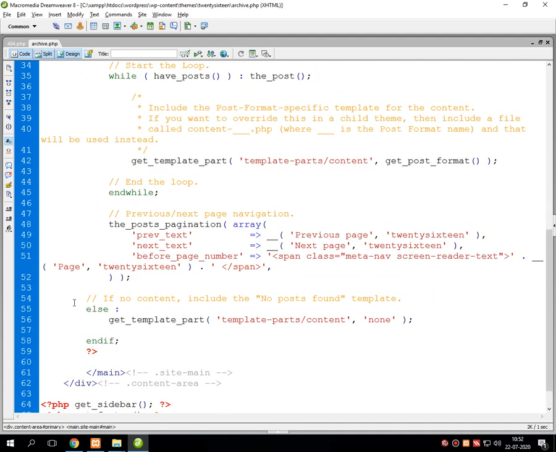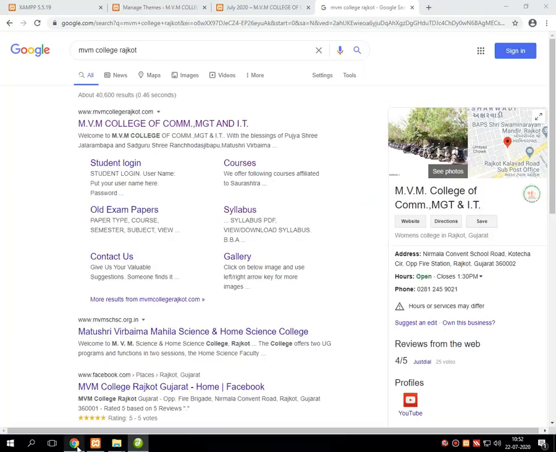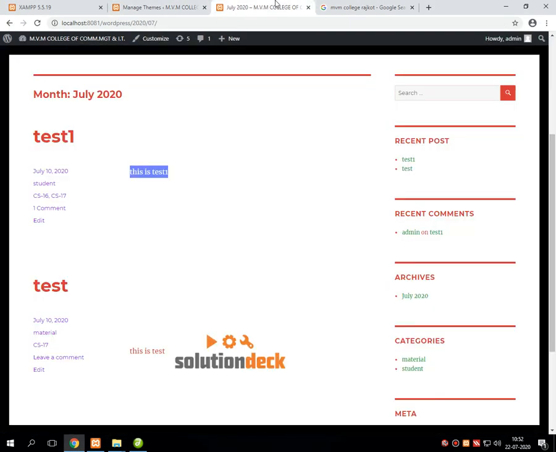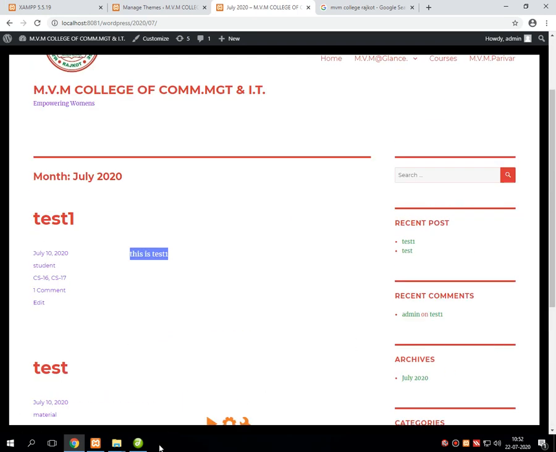That means if the posts are not available in WordPress, then this particular part will be displayed, which displays nothing onto the screen, and this if statement gets completed here with the collaborated functions get_sidebar, which displays the right-hand side sidebar, as well as get_footer, which will display the footer of the entire WordPress theme. That is the archive.php file.